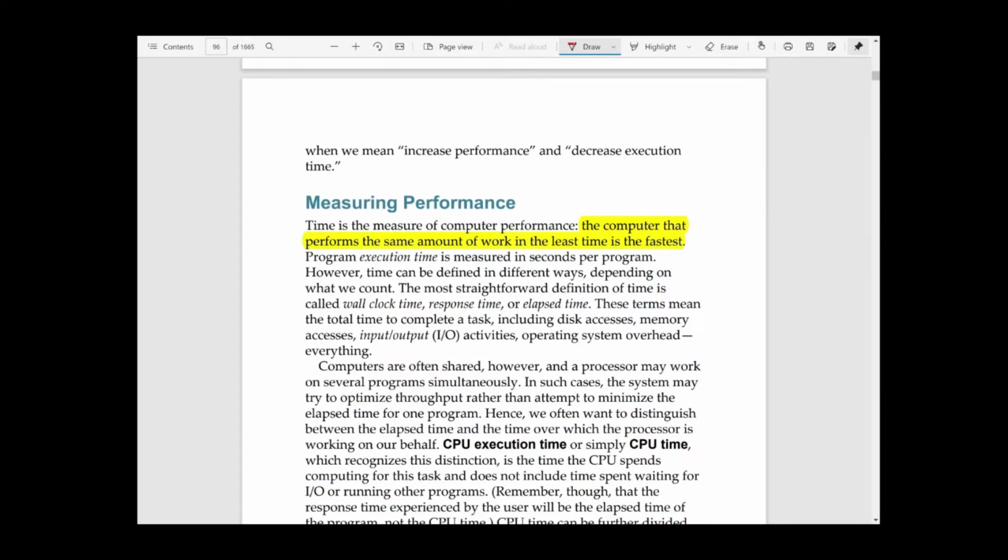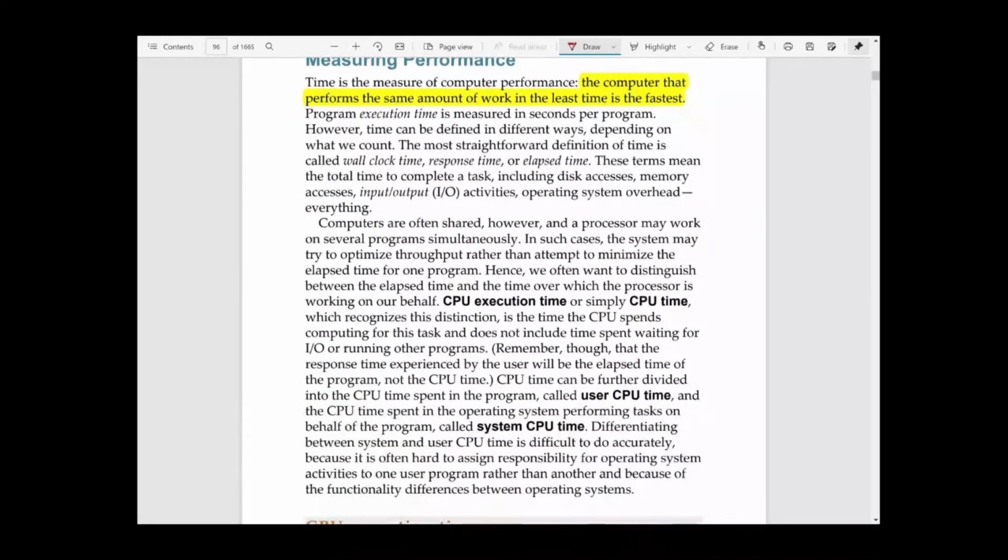So if I want to compare the performance of two processors, using total execution time is not very appropriate, right? Because when you go for input output, the processor may not be doing any task. It may be idle in some cases. So using the total execution time to measure the performance of a CPU is not very appropriate. That's why we use another term, called CPU time or CPU execution time. You can see here it is written CPU time or CPU execution time.